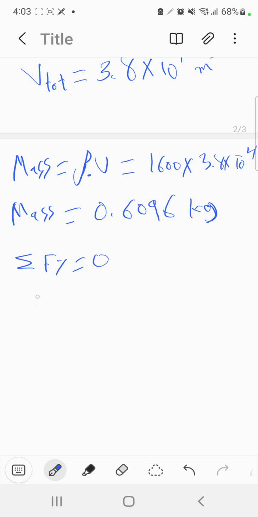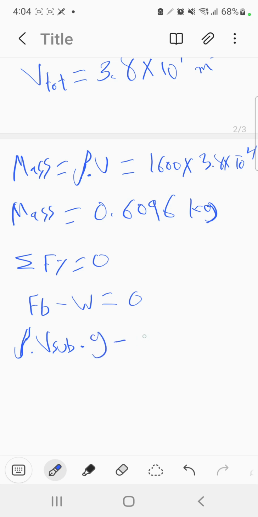We know the buoyancy force is positive because it's upward, and the weight of the object is downward, so it is going to be negative. So FB is equal to rho of the seawater times V submerged times gravity,